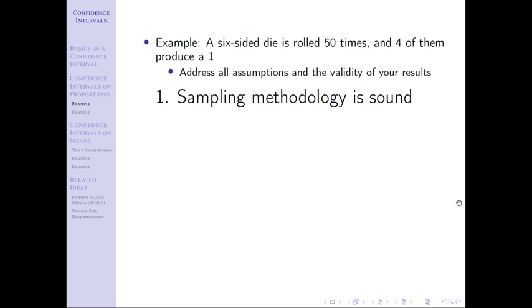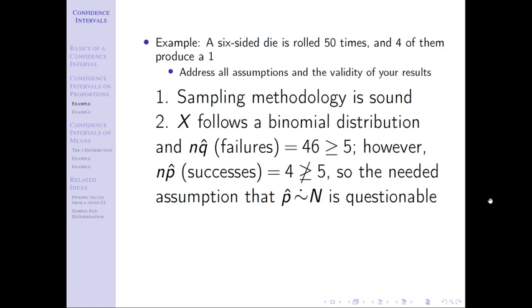Well, our number of successes is going to be equal to n times p hat. Notice in this problem, I've been given n and p hat. And so I know because p hat equals x over n, if I'm trying to solve for x, again, I multiply both sides by n. X equals n times p hat. If I take n, which is 50, and p hat 0.08, multiply those together, I get 4. There were only 4 successes, and that's not good. So I have an assumption that I need to check, and it doesn't hold up.